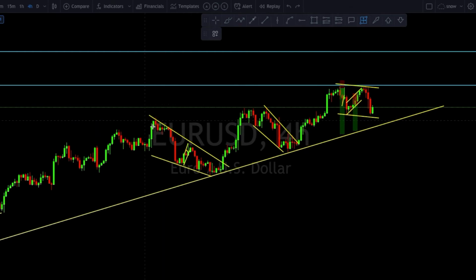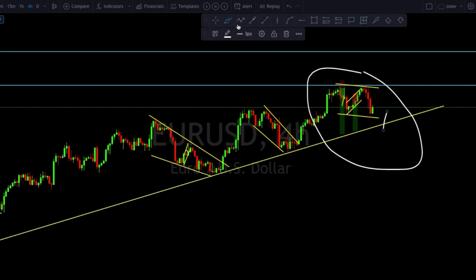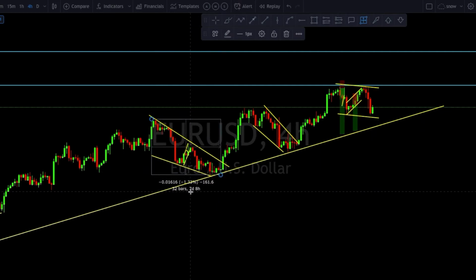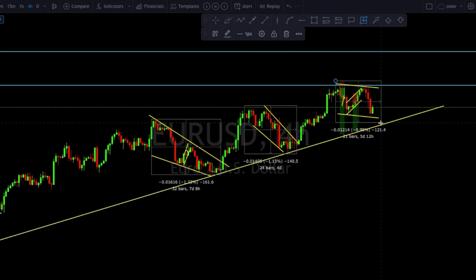We're just going to use this tool to track how long it's going to take for this move to reach here on this level. But how are you going to do that? We can use the previous corrections. Just put this thing here and drag it up until the lower trend line. See, it took 7 days and 8 hours. Drag for the second correction. It took 4 days, and now we are on the third one. We are on the third correction, so probably it's going to take around 5 days and 20 hours for this to reach here,